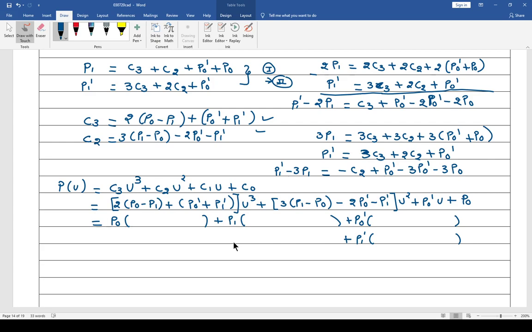It is very easy. So here 2 is there and u is there. Okay, so you can write 2u cube. This is the first thing. Then here u square, and this is p0. So minus 3 into u square. And then at the last here only p0 is available, so that is plus 1.